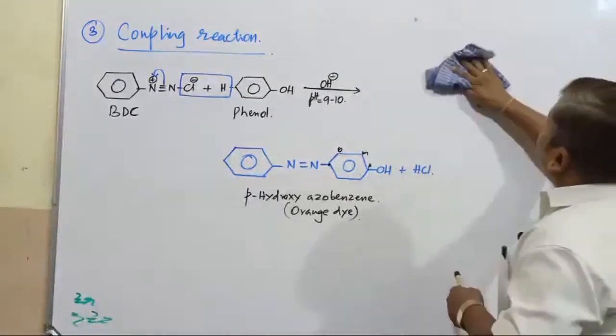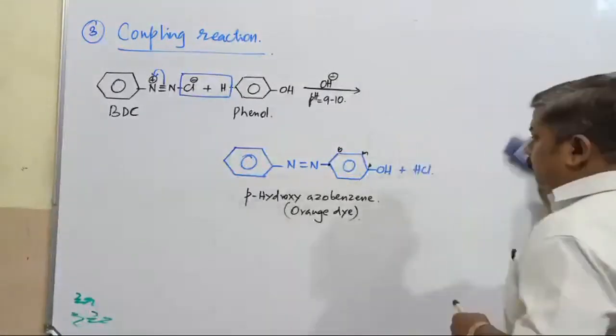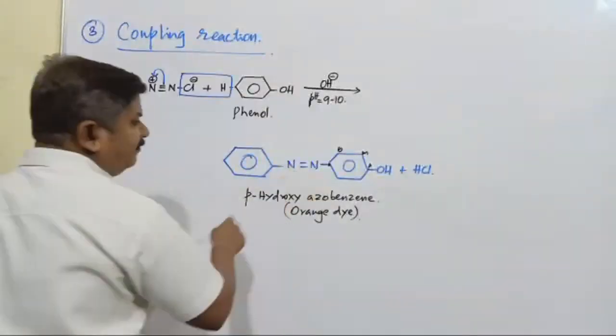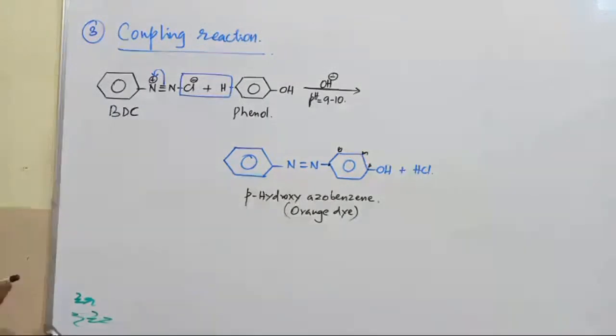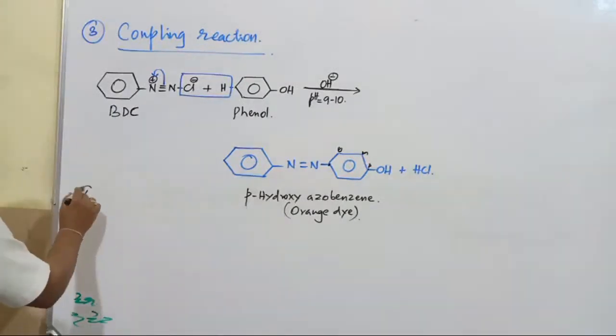What's the valency of nitrogen in that product, students? Both nitrogen atoms have a valency of 3 each, so it is a stable compound. After this coupling reaction, the next one, the fourth reaction, is